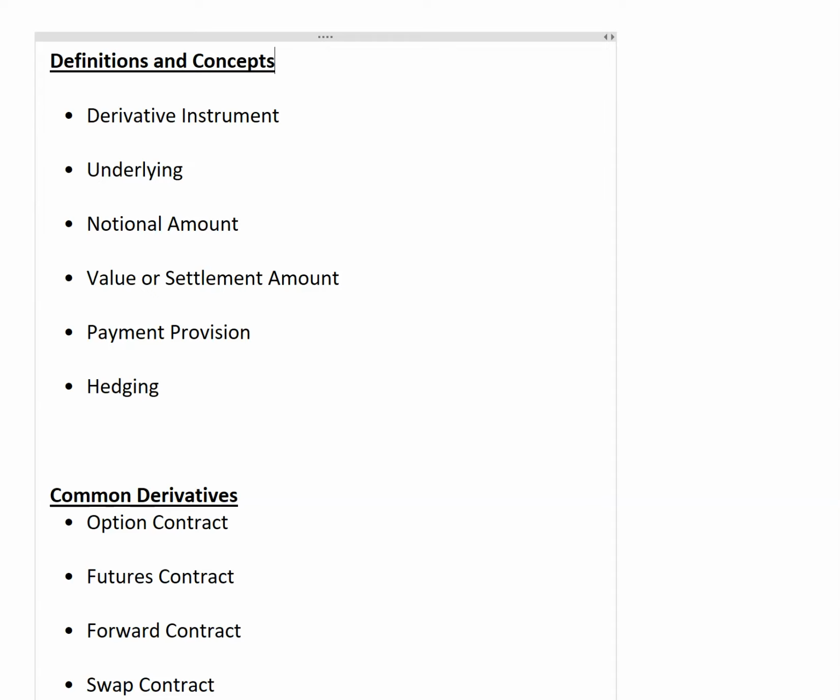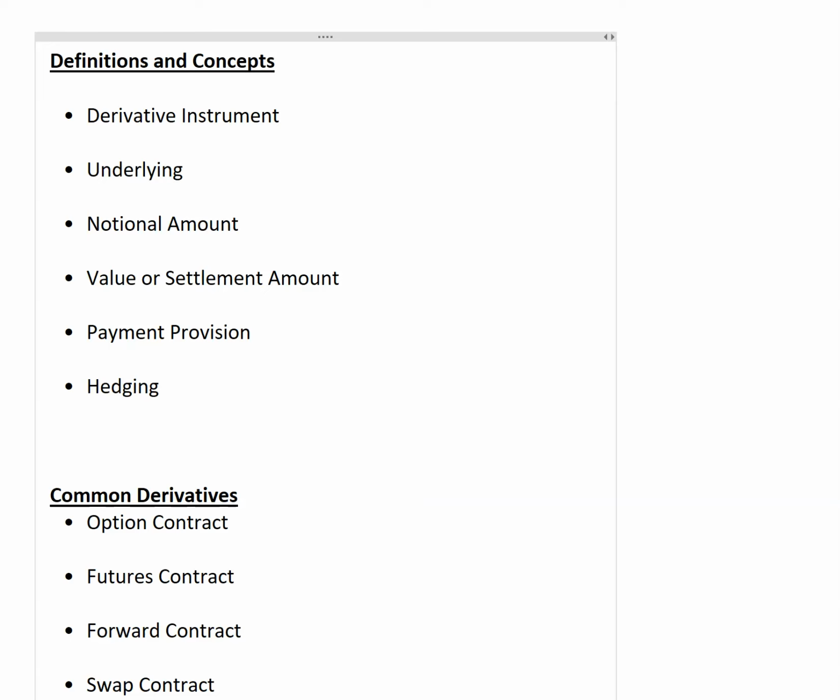In the first part, they talked about different concepts, terminologies, and definitions, and then later, in the second part, they gave some examples of common derivatives and a little bit of new thing you will learn about derivative risks that we didn't learn much in our textbook chapter. These all are conceptual. And then in the third part, you will see the accounting part, and we will learn